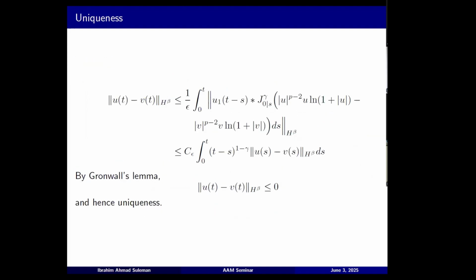Then next is the uniqueness. We want uniqueness because we are interested in long-time behavior. We have to track solution trajectories. And eventually, we don't want to be tracking, and then we find that trajectories intersect. So we need uniqueness. So for the uniqueness, we'll put it in the form of Grönwall's lemma, as stated before, with G of t being the difference, U of t minus V of t in the norm. And H of t is the singular kernel (t minus s). For the choice of alpha less than 1, H of t will be in L1.